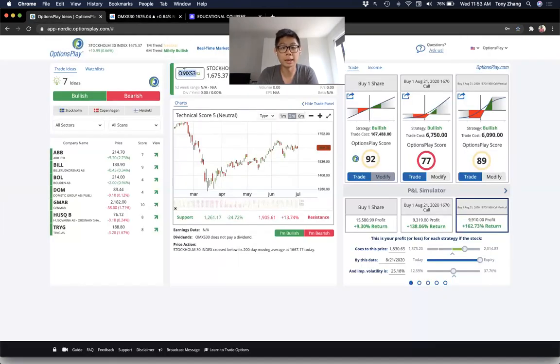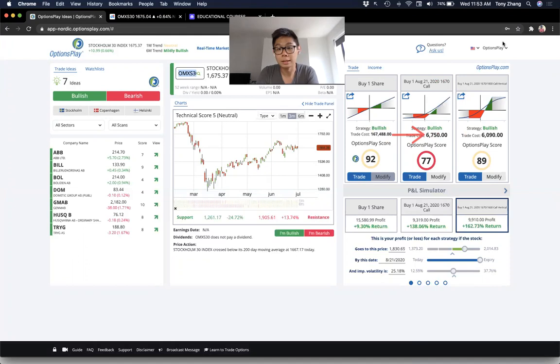So let's look at the OMX S30. Let's say I'm bullish on OMX S30. So I can buy a call option, which we learned that if you bought a call option here on OMX S30, it would cost you roughly 67 crowns per share, if you will. An index consisting of 100 shares for a contract will cost you 6,750 crowns to buy an August 1670 call